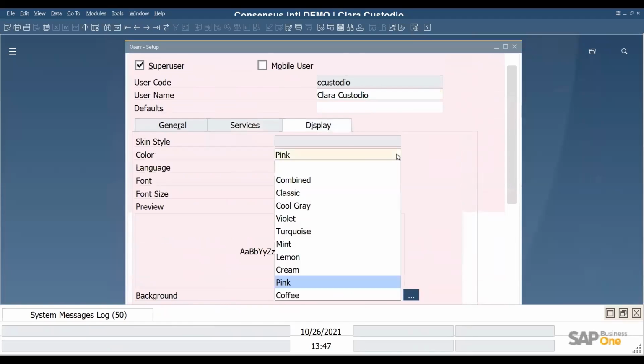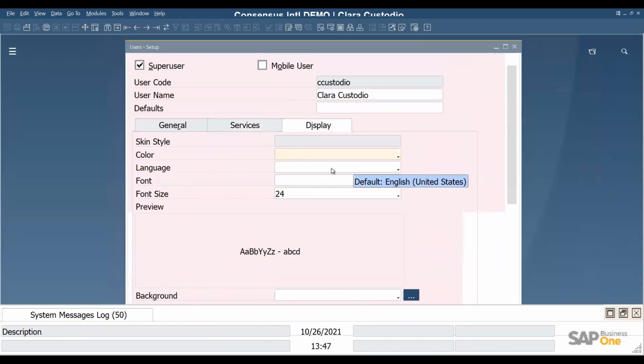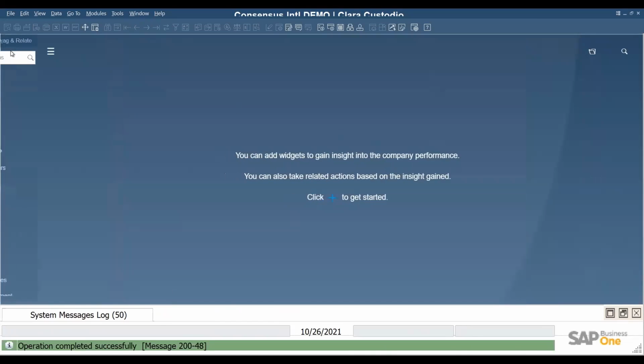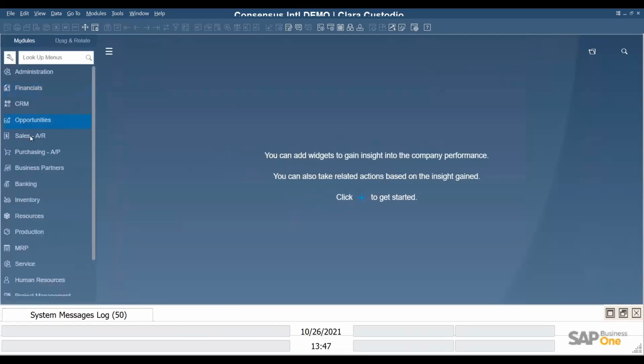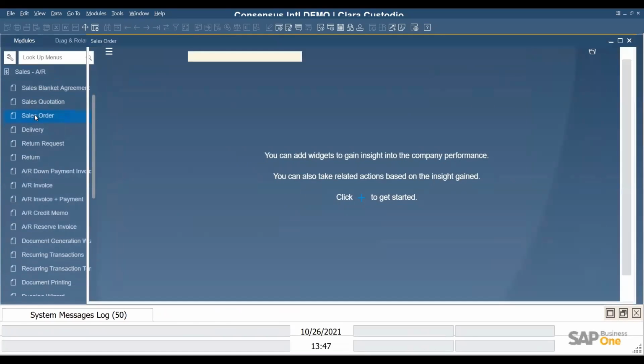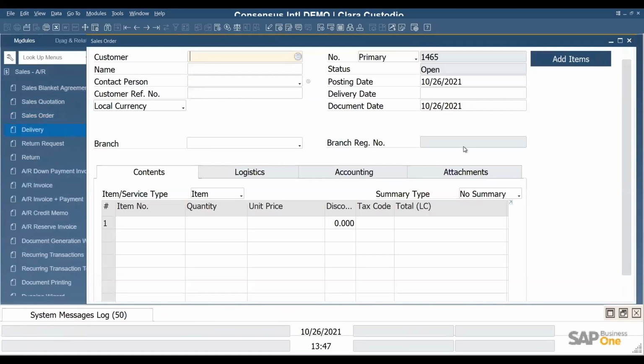I don't want to use pink anymore. So I choose this, and this font size works for me. So I'm going to update, and without the pink, I will be left with this font size. So now I open any document and you will see that the font size is the one that I chose. And for that reason, my documents are going to be taking up more screen real estate, but it's really going to be up to you and the way that works best for you.